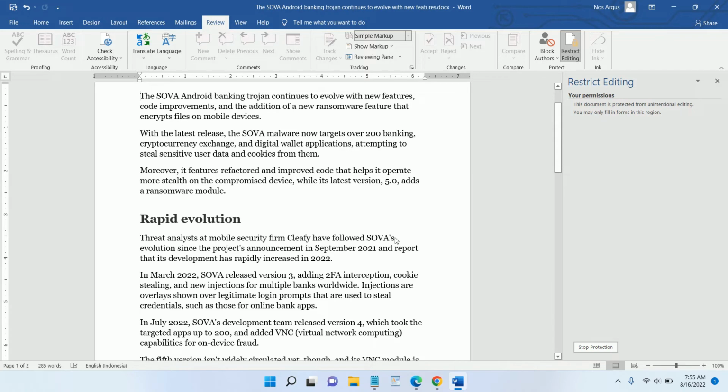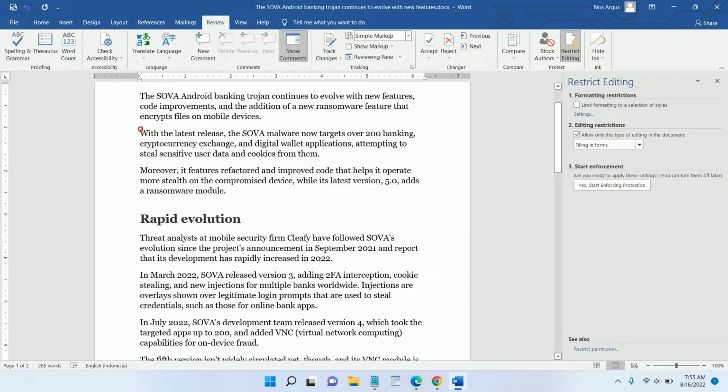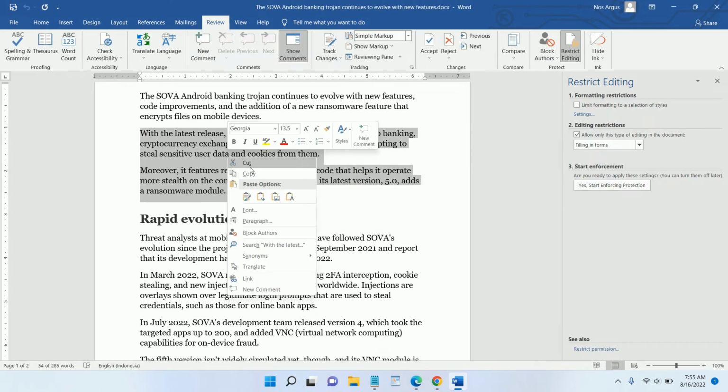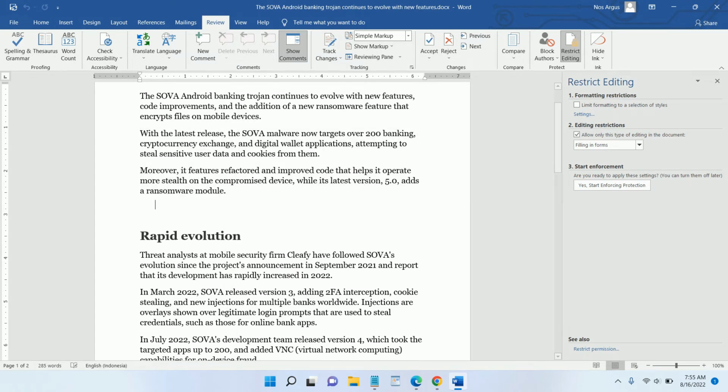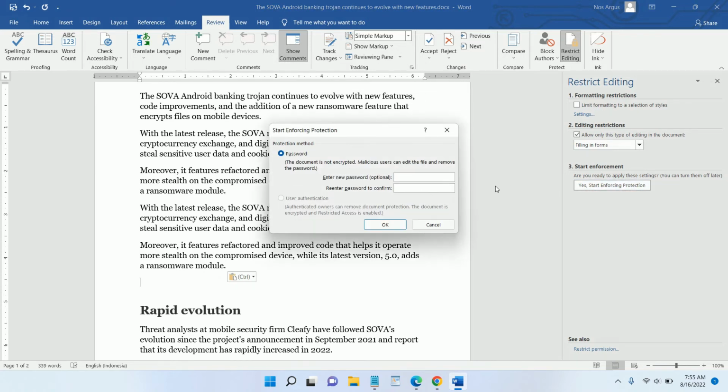After that, we can stop protection by clicking this and typing our password again. Now, if we don't protect, you can see we can copy anything and edit anything in here. But if you want to protect it again, you can click Yes, Start Enforcing Protection